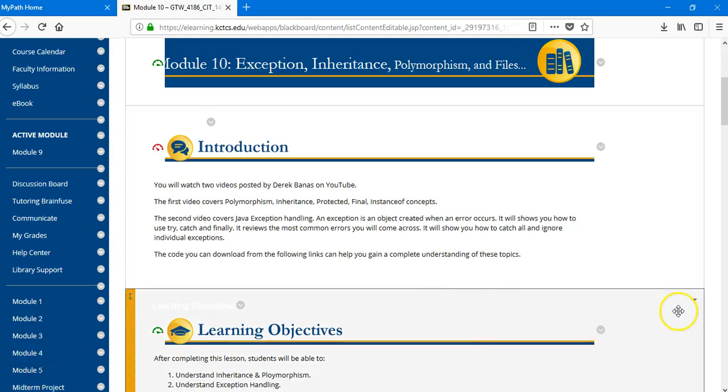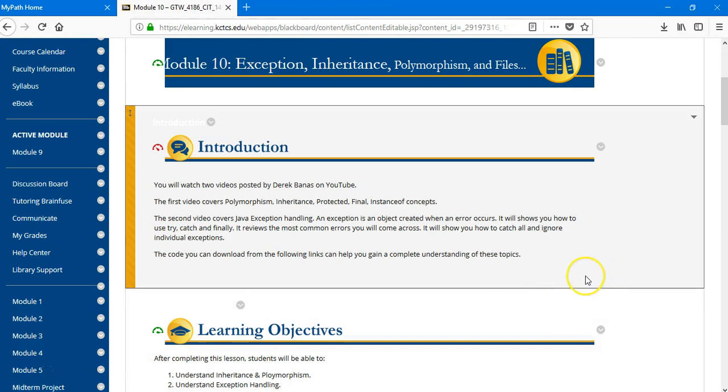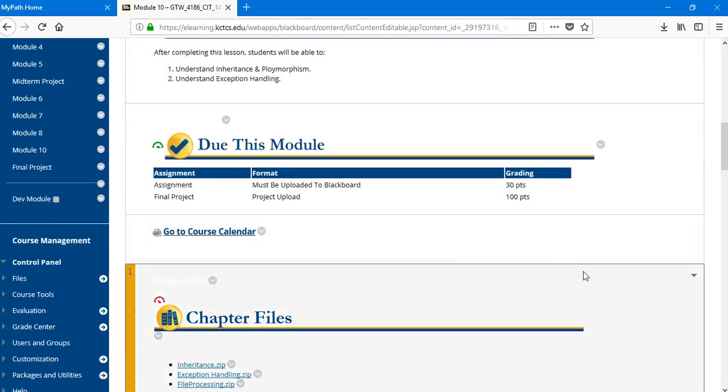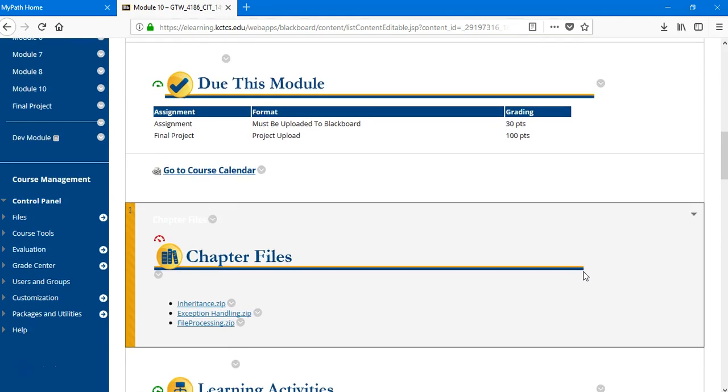This video is going to very quickly introduce how to work on module number 10. In module number 10, we're going to talk about a few advanced Java topics: exception handling, inheritance, and files. Read or write from file, right? In this chapter,